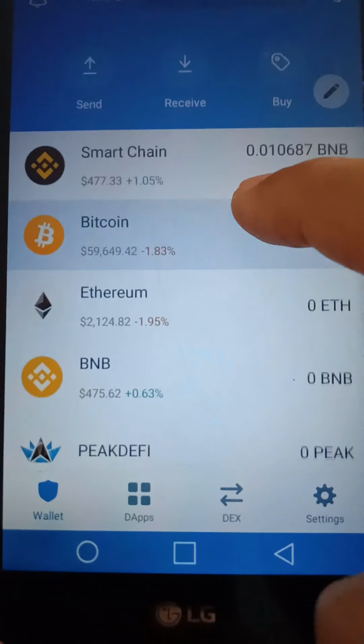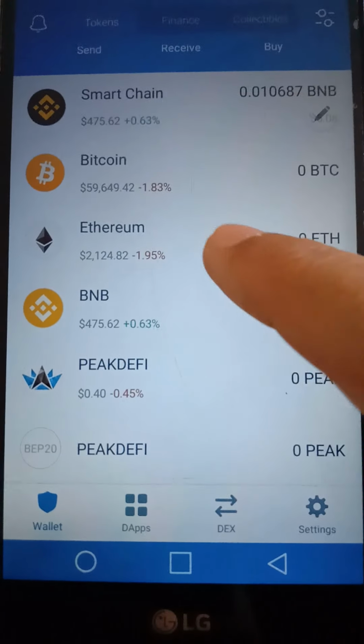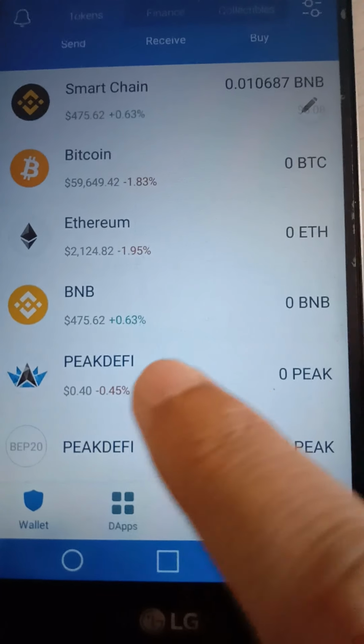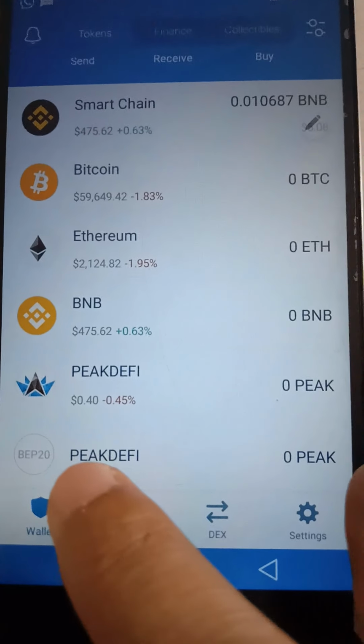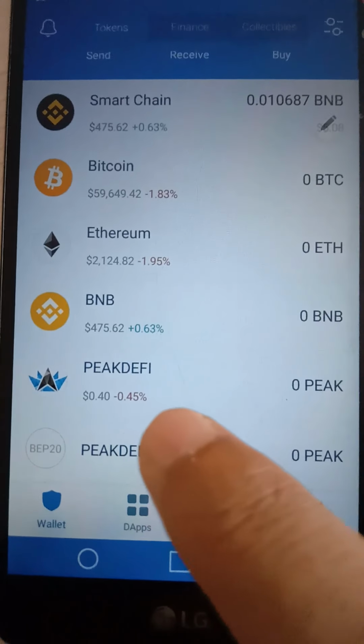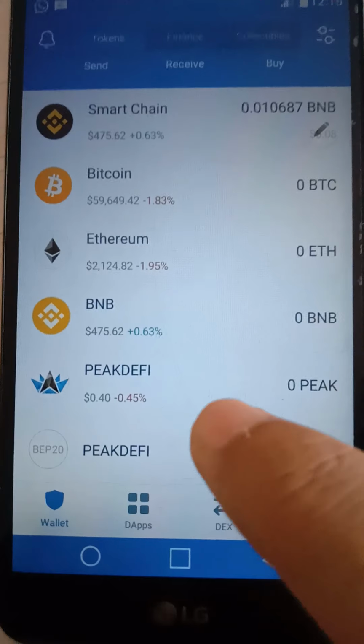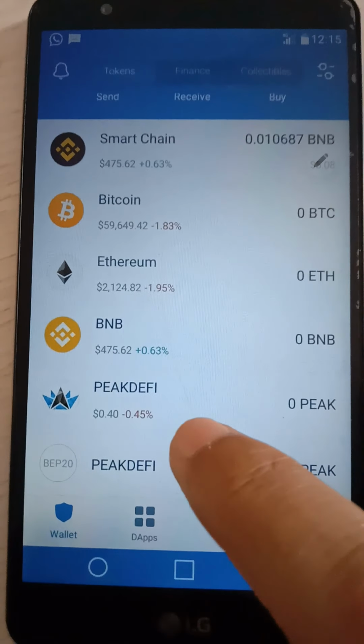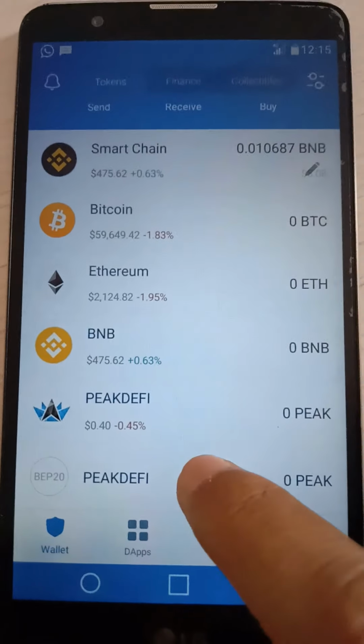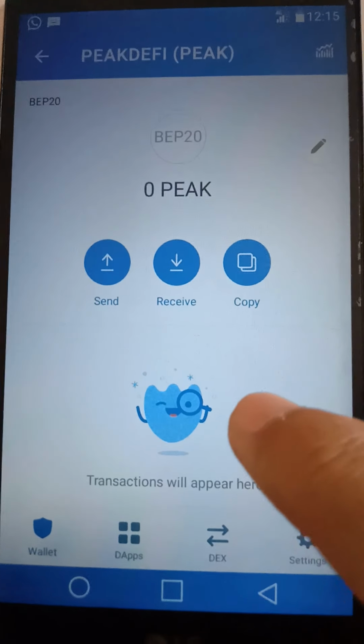Now you can see you have Peak DeFi token, which is Ethereum, and below you can see Peak DeFi BEP20. Now to receive your Peak DeFi BEP20 token, you need to copy the receive address of this Peak DeFi BEP20.